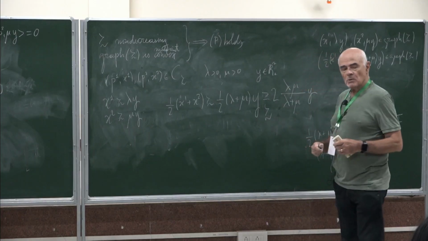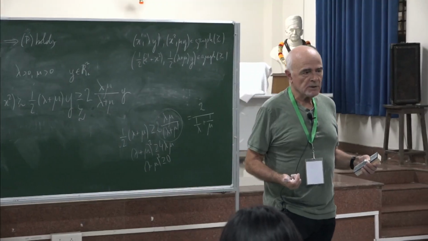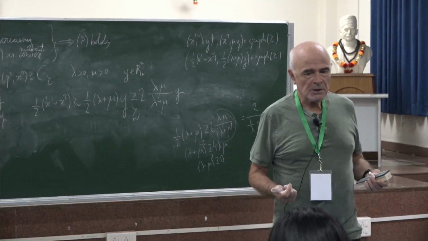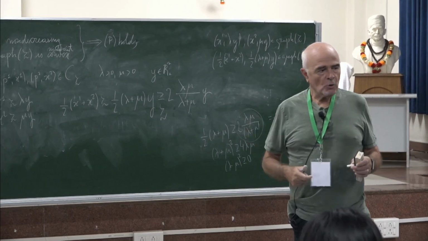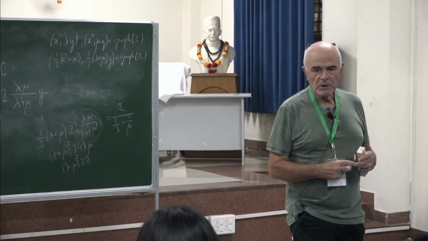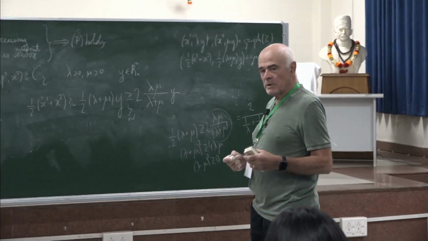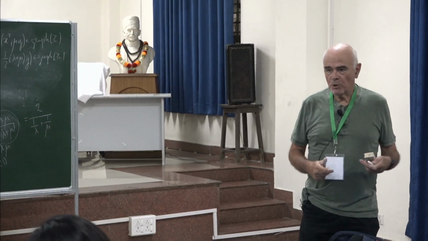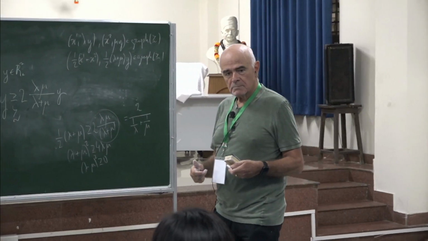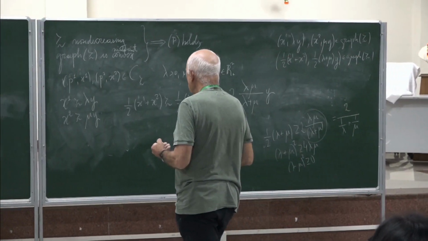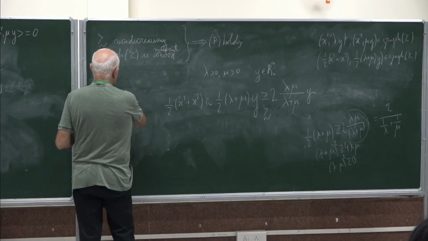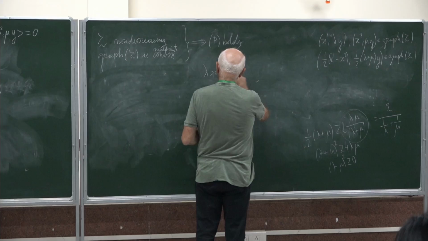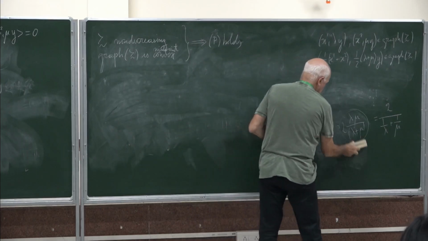Okay? But now, what about the assumptions we are using? So property P is very strange. I have no economic interpretation. But what about convexity of the graph of the relation? Is it an acceptable property from an economics viewpoint? What do you think? Convexity or midpoint convexity of the graph of the relation